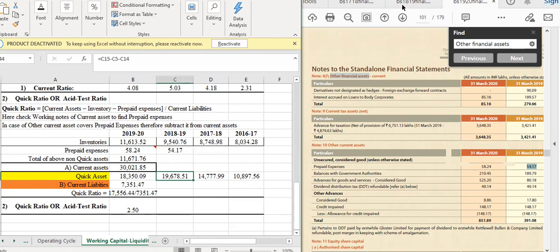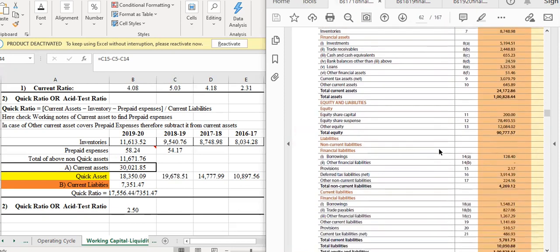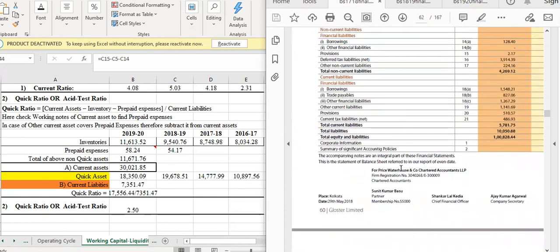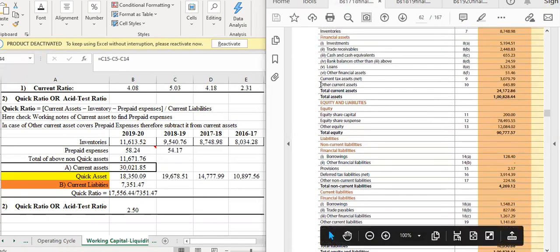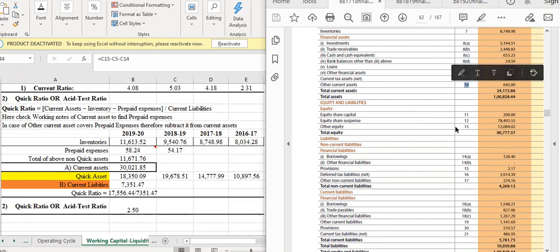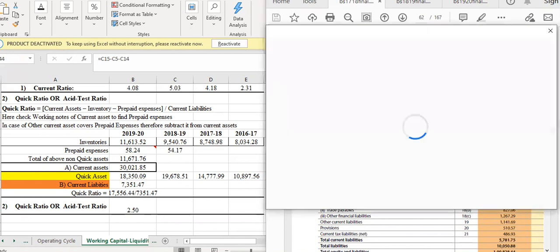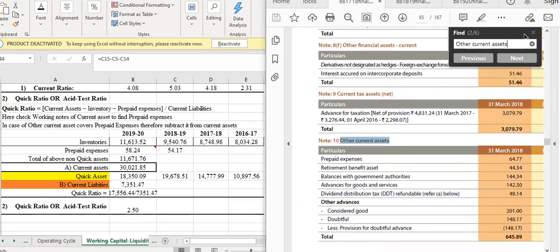Now I will find the last 2 years data. So I will go for 17 18 because here 3 years data is given. Okay, so here the data is the same. Here you can see the current assets, other current assets. So this tag I have to see the note number 10. If you see here it is given note number 10, so I have to see the note number 10. Control F and just try to find the note number 10.